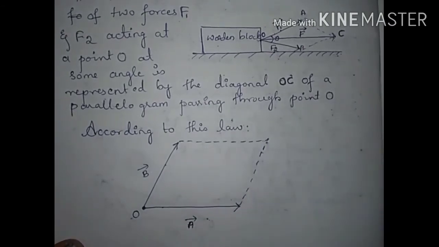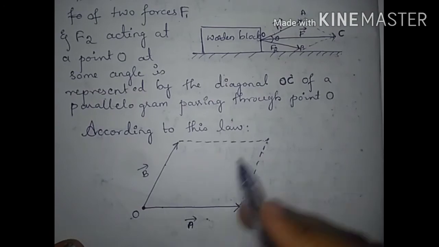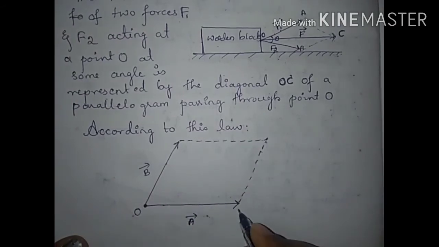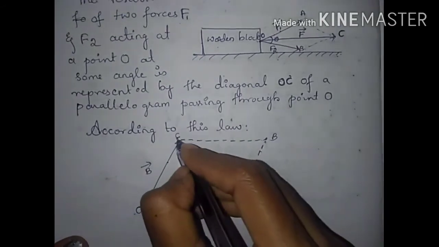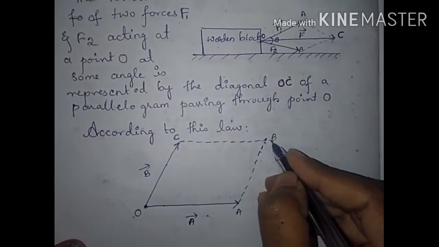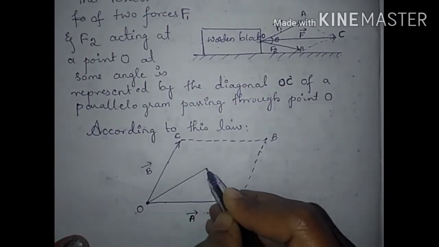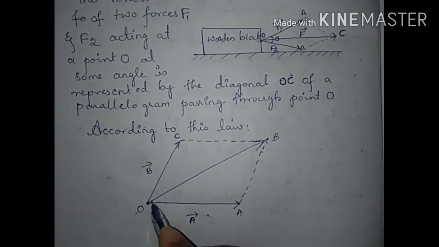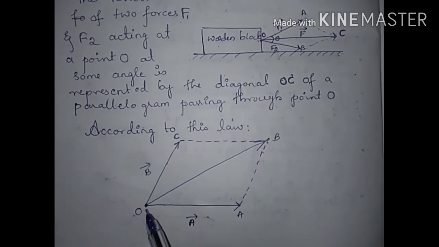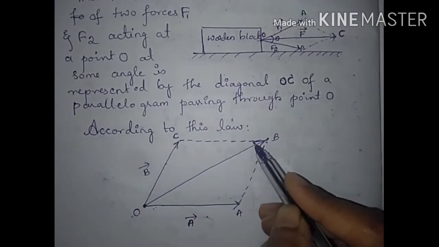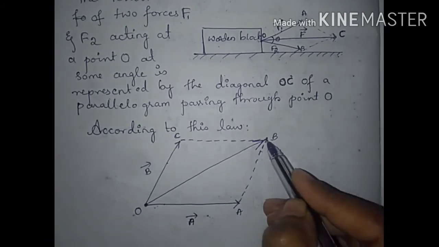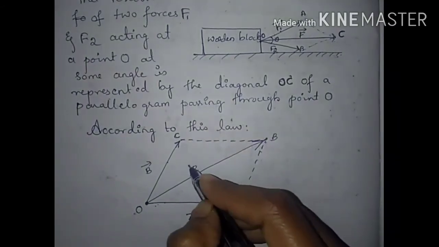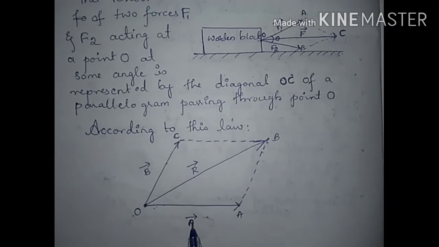At the point of intersection of the two lines, you can denote the parallelogram as O, A, B, C. Let the point of intersection of the two lines be P. Now draw the vector from point O to this point, so that the tail of this vector coincides with the tail of the two vectors, and the head coincides with the point of intersection. This vector gives the resultant vector of A and B.